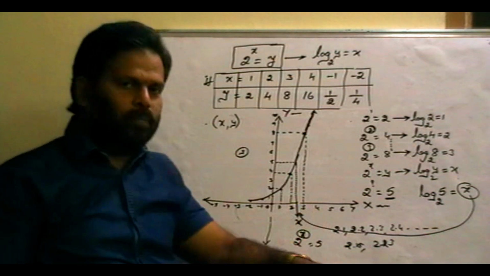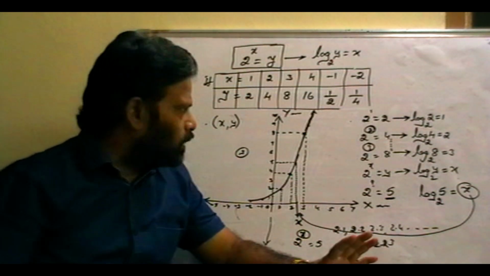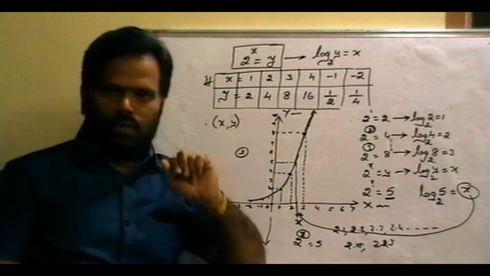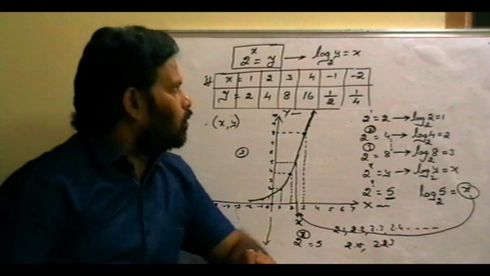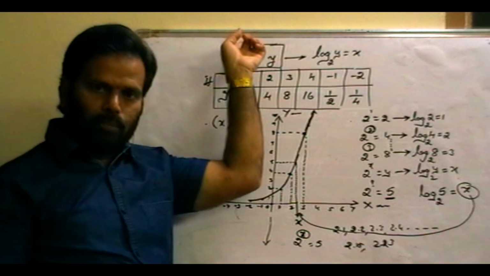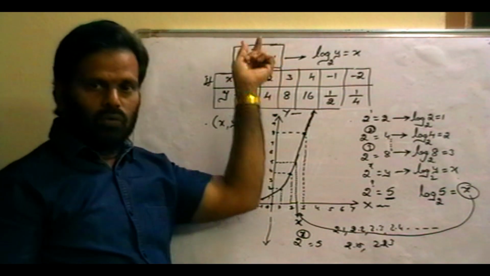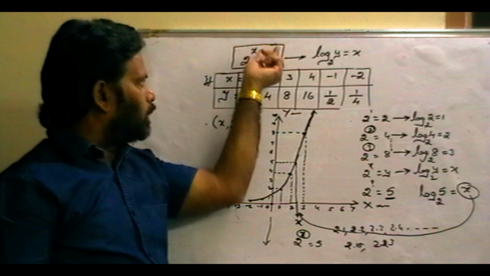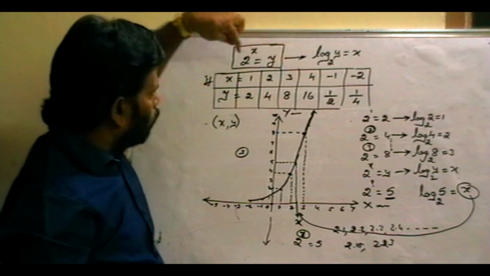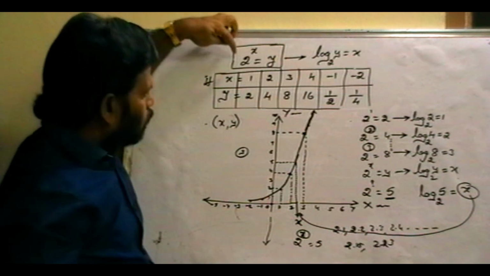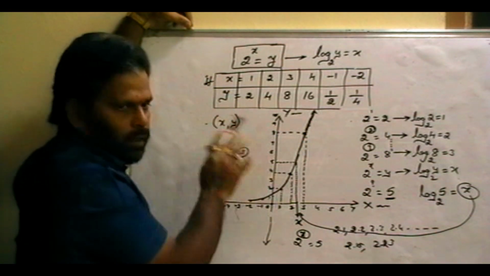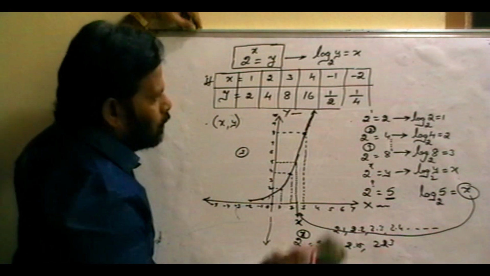It's a very important topic, logarithms. Logarithm is nothing but a new relation between the power and its value to some base. So in logarithms, 2 to the power of x is equal to y. x is a power, y is a value. To find the value of the power, to get this value to the base 2. Right? So this is one of the main important basic topics related to the graph.